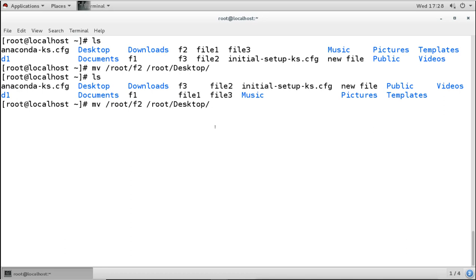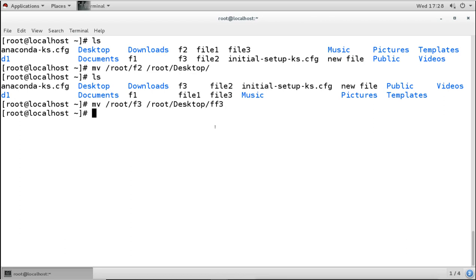So for example, I want to move this file f3 to the desktop. I can move it with a different name, ff3. So the same file will be moved to the desktop with a different name. So same as copy, we can do rename also.